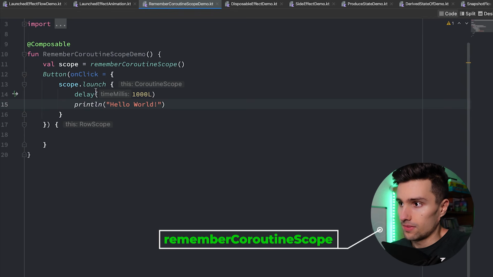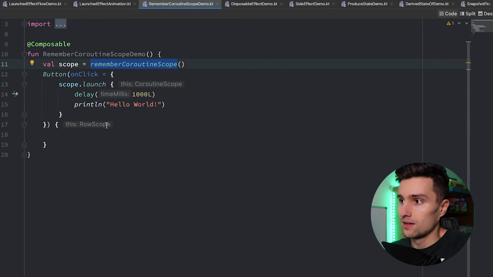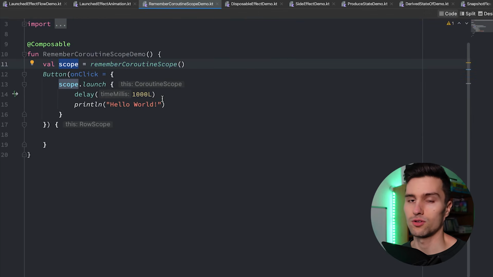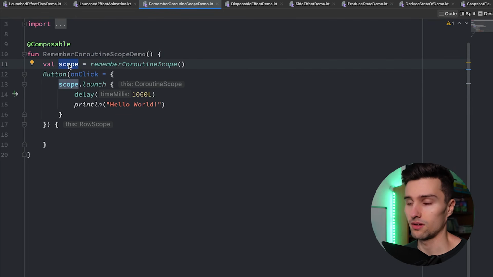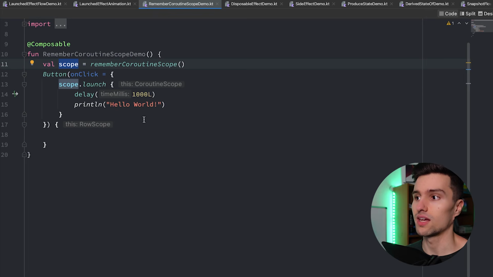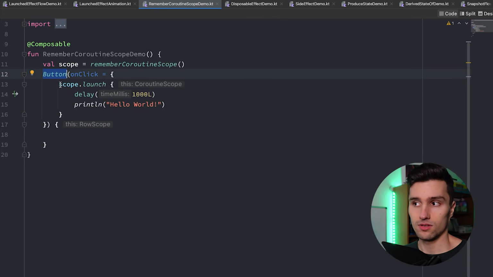You can see with rememberCoroutineScope, which is also a composable function, we can get a reference to a coroutine scope that is aware of the composition here. So as soon as this composable leaves the composition, all the coroutines in the scope are cancelled. So if you, for example, click on a button here, you can simply launch a